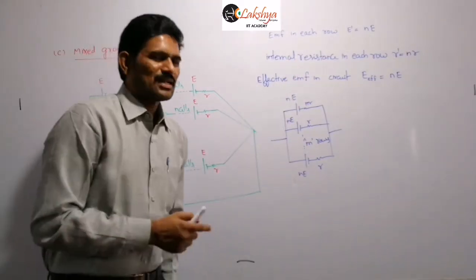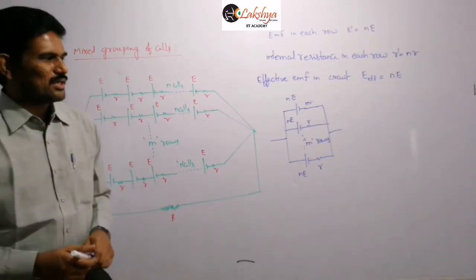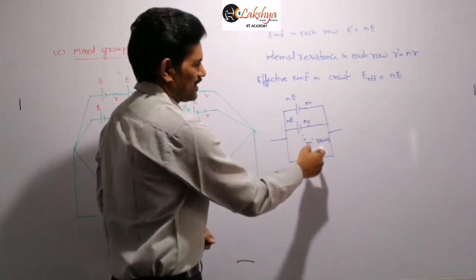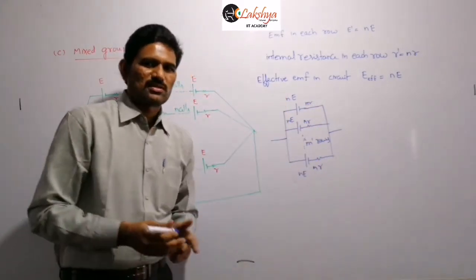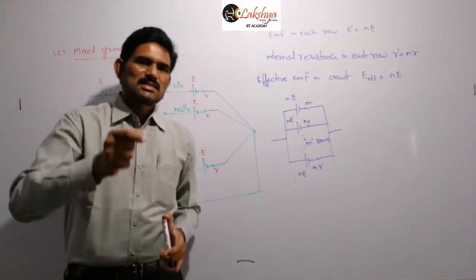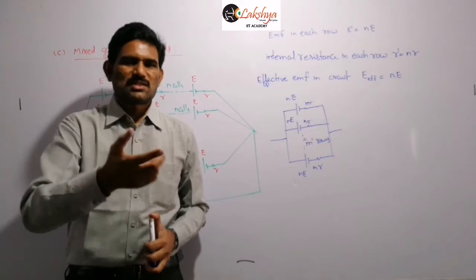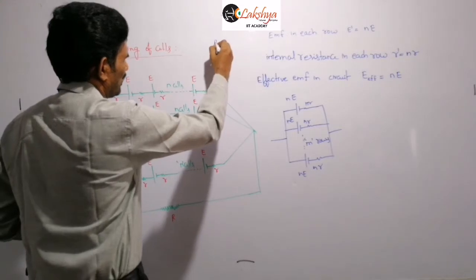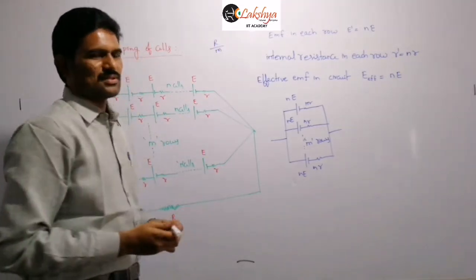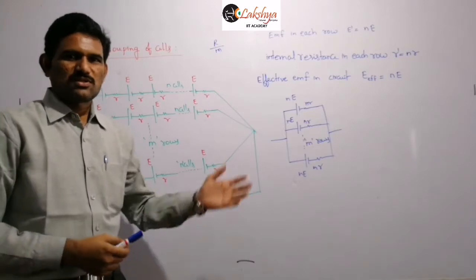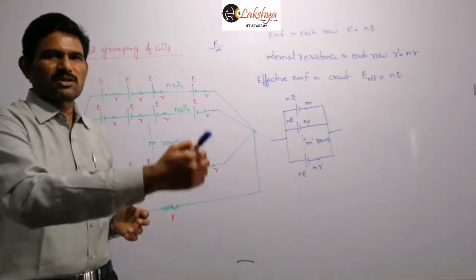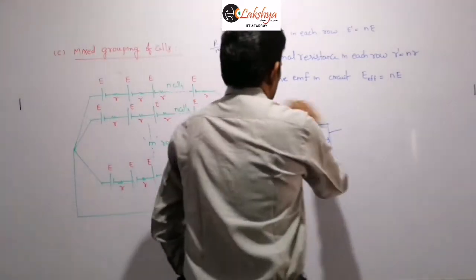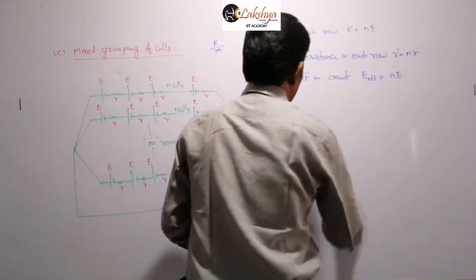And next, similarly, we need to write the effective internal resistance. You can directly answer here. In each row, a resistance nR will be there. Such m rows are there. That means m identical resistors are connected in parallel. If, for example, each resistance is capital R, and m identical resistors are in parallel, then the effective resistance we can write as R by m. That also we discussed already, like 1 by R plus 1 by R plus 1 by R, m terms we need to write here. So that also I am directly writing here. Right, got it? And now the effective internal resistance in the circuit.